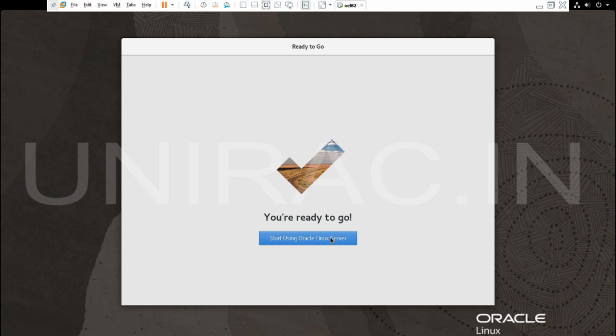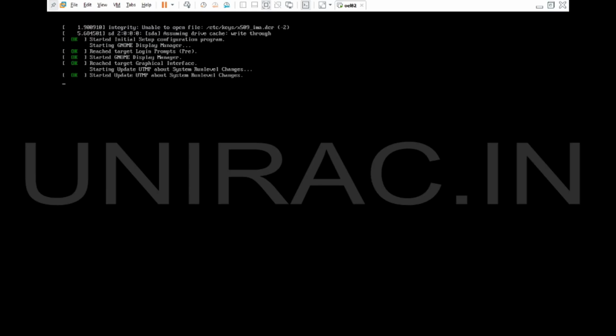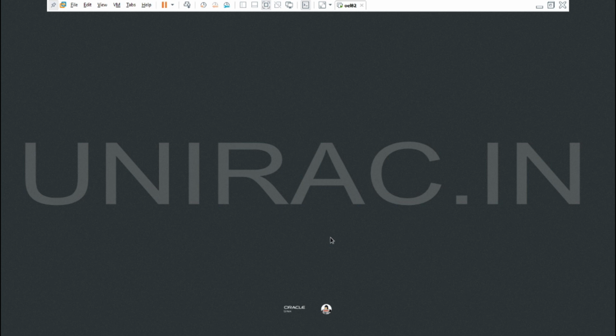Click on start using Linux server. Click on not listed so that we can use the root user to log into your Oracle Linux server.